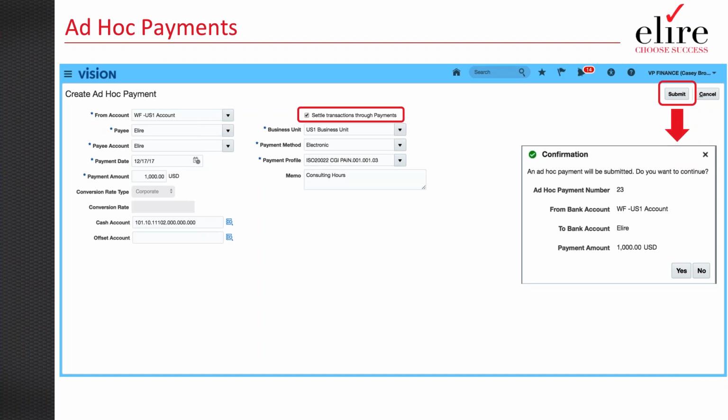This page is laid out fairly similar to the bank account transfer page. It just has additional details around the concept of payee, which we touch on in the next slide. And payee is essentially a template for ad hoc payments. A lot of us know that we pay the same recurring bills or payments on a monthly basis, whether it be rent or a mortgage, or we're paying the same banks for fees or whatever it might be. All of those payment instructions very rarely change. So we have this concept of payee where we can create a template and quickly grab it from a lookup prompt on the ad hoc payment page and predefine all of my items, excluding payment date and payment amount.